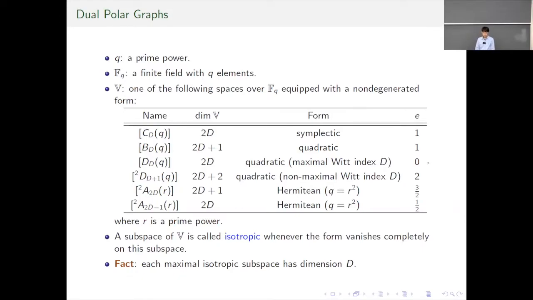A subspace of V is called isotropic whenever our bilinear form vanishes completely on this subspace. And here is the fact: each maximal isotropic subspace has dimension D. So using this fact,